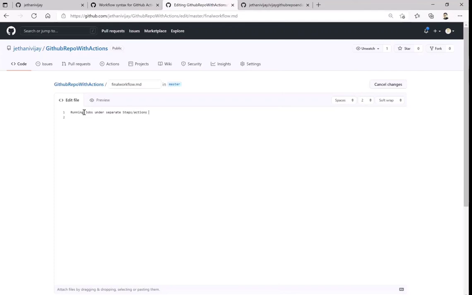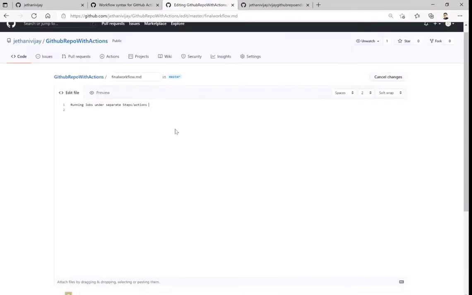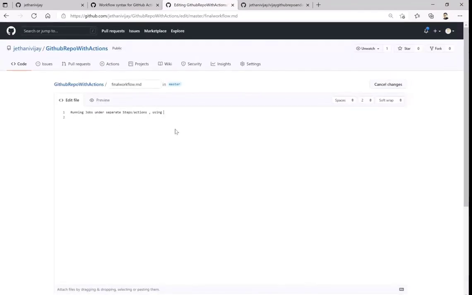So that is how I combine them. Separated them out using the respective upload and download artifacts actions. So this is how you use reusable, or I would say already available, actions.